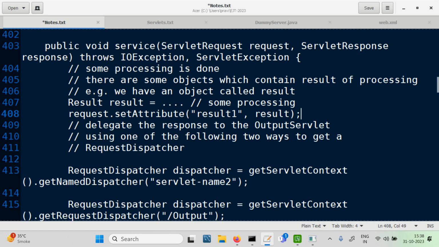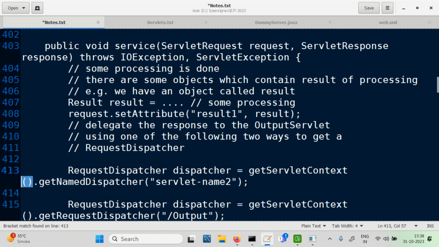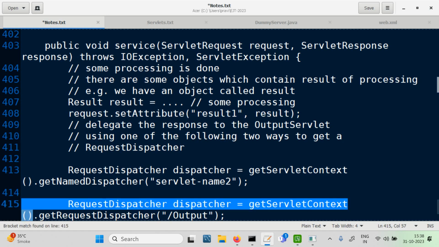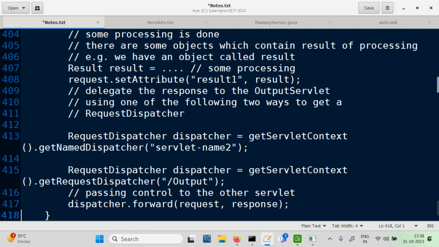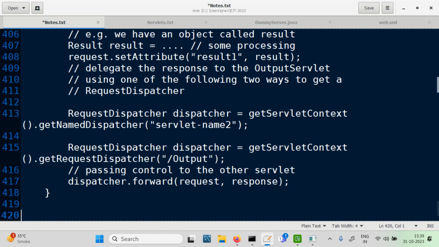Because how it is useful is, when I call set attribute, the request dispatcher is used for passing control to the other. When I'm passing control, I'm passing the same request object. In this request object, I have set up an attribute, and then I'm passing control. So before I pass control, I can set up the attribute. And the other service method,